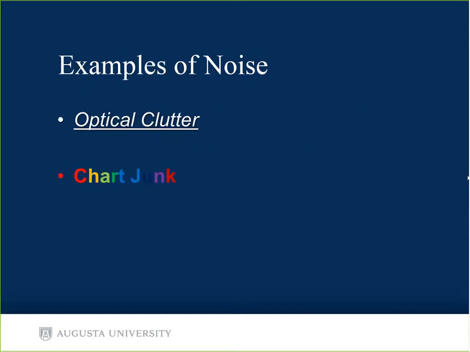So if we look at the next slide, these are just some examples of noise, and some people will call this optical clutter. And you can see in the first bullet that optical is put in italics and it's underlined. Another term is chart junk, and you can see that each of the letters is in a different color. And if I ask you if there's a significance to those colors that helps you understand the word chart junk, that's where I'm investing more time and energy in noise of my image or noise of my data than actually